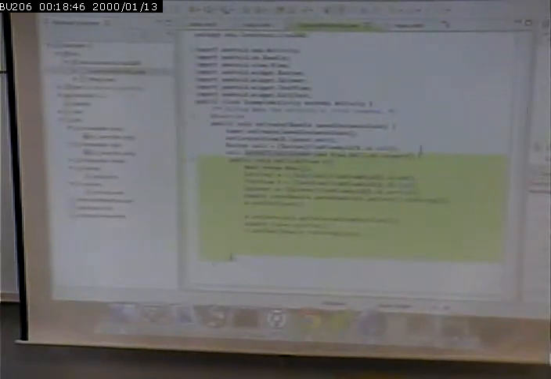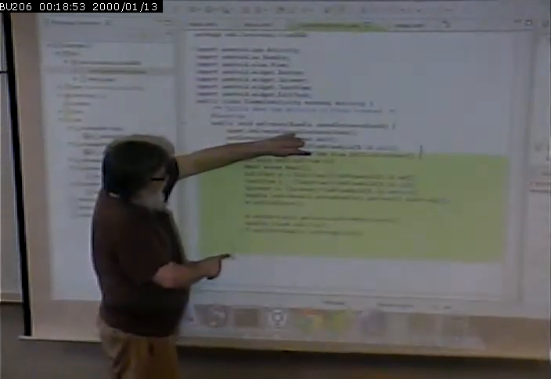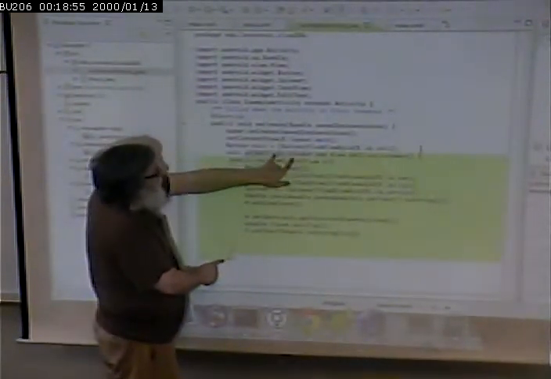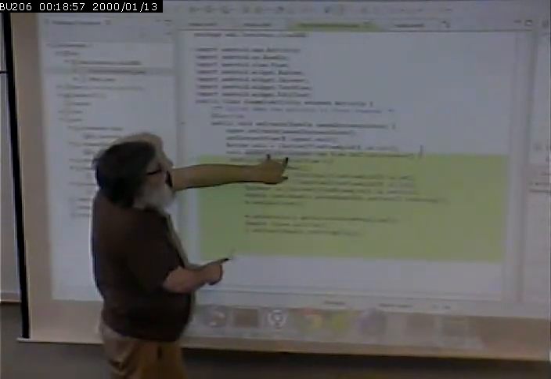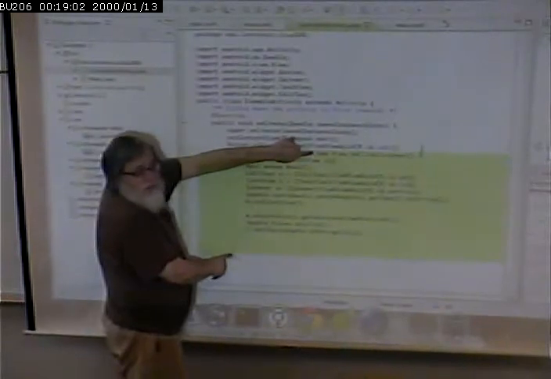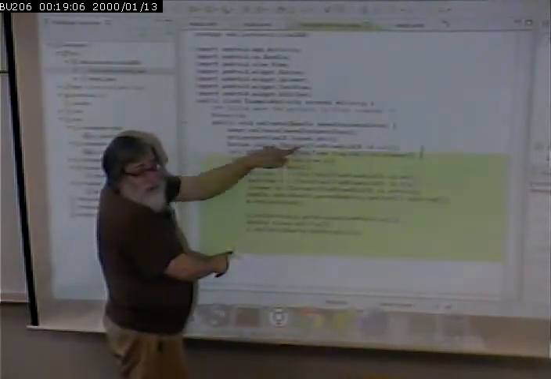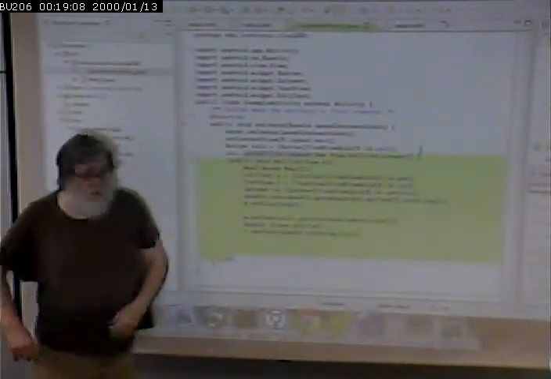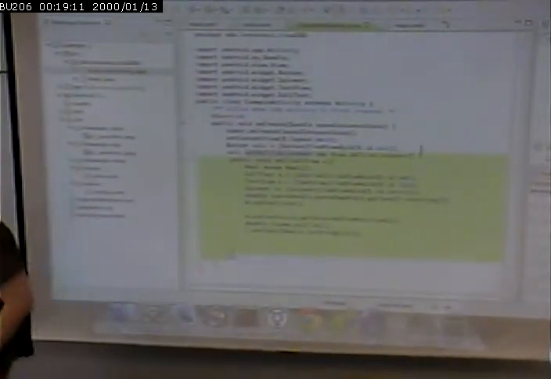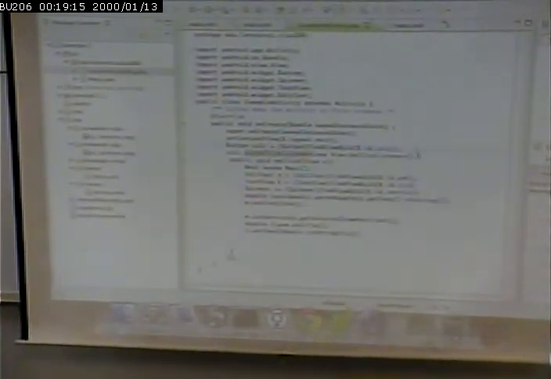So, this is our argument. All right? This is the argument to the setOnClickListener. The setOnClickListener needs an OnClickListener object. All the code here is creating that object and associating it with that button. Okay? So, from here to here